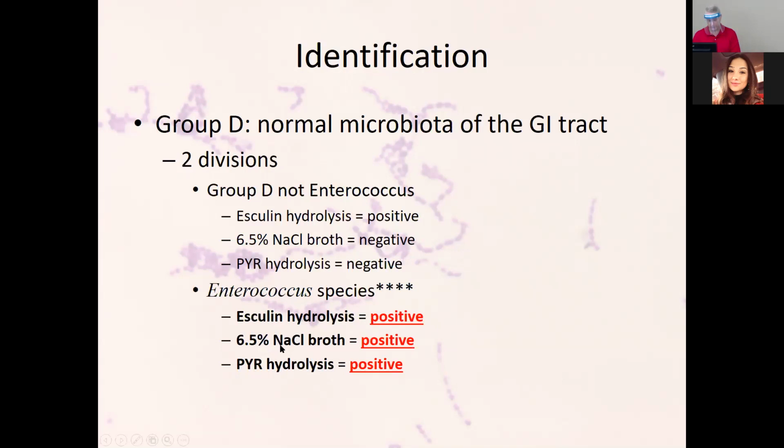I think the others are explanatory. Salt, sodium chloride, and then esculin we'll get into. I think we get into it today with our API. I can't remember if esculin's on there or not, but